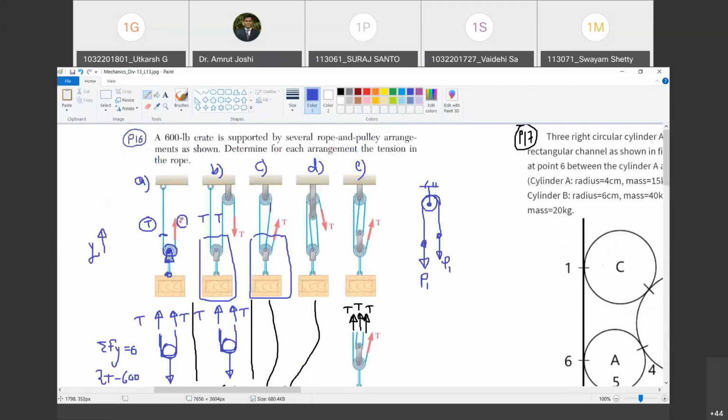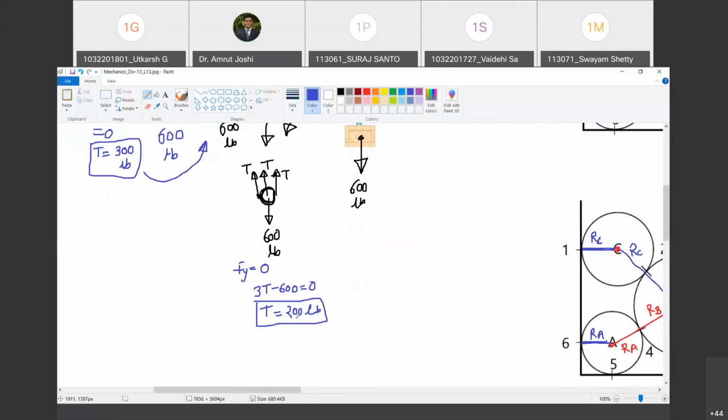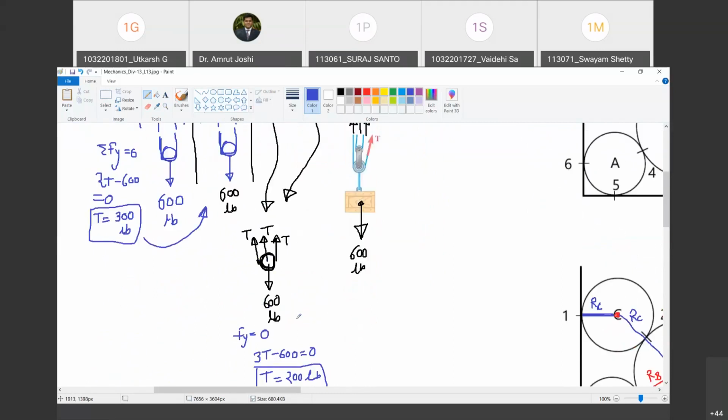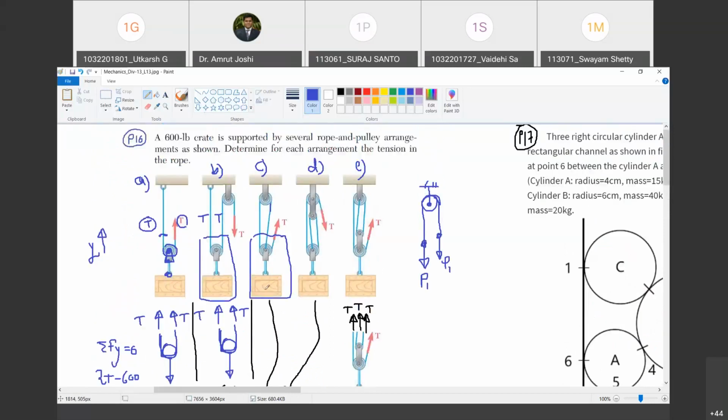So fantastic. Dekho, by altering slightly the arrangement of rope, I could bring down this T to make this crate be in equilibrium at 200 pounds. Are you with me? Yes, sir. 600 पाउंड का क्रेट है उसको 200 पाउंड इतना ही फोर्स लगा के आप इक्विलिब्रियम में रख सकते हो बिकॉज ऑफ दिस अरेंजमेंट. Of course this advantage comes at a cost. Nothing in this world is free, so we will see what the cost is a little later when we study the friction and belt and pulley experiments, or simple machines experiment. At that time we will see the cost, not now.